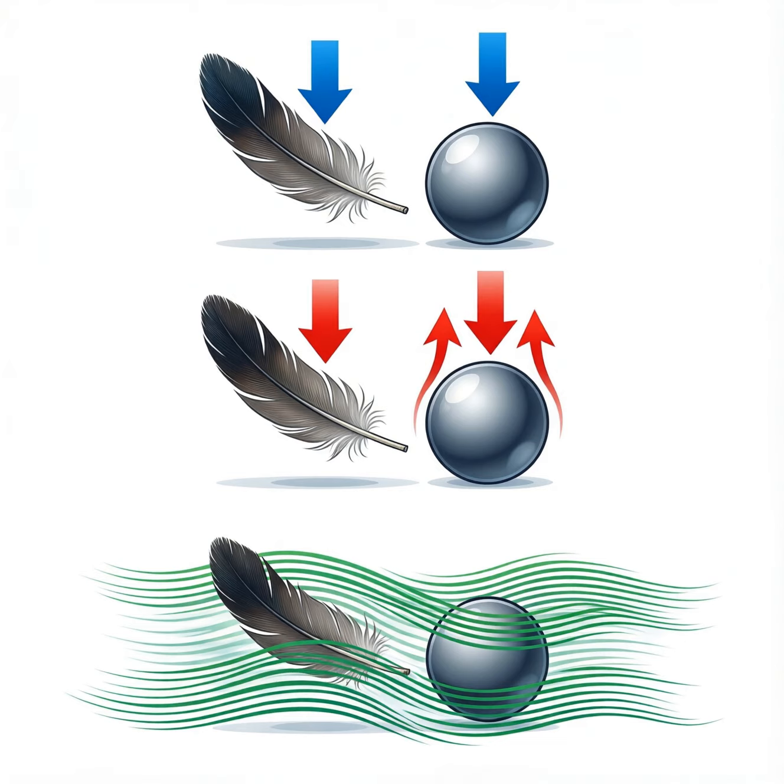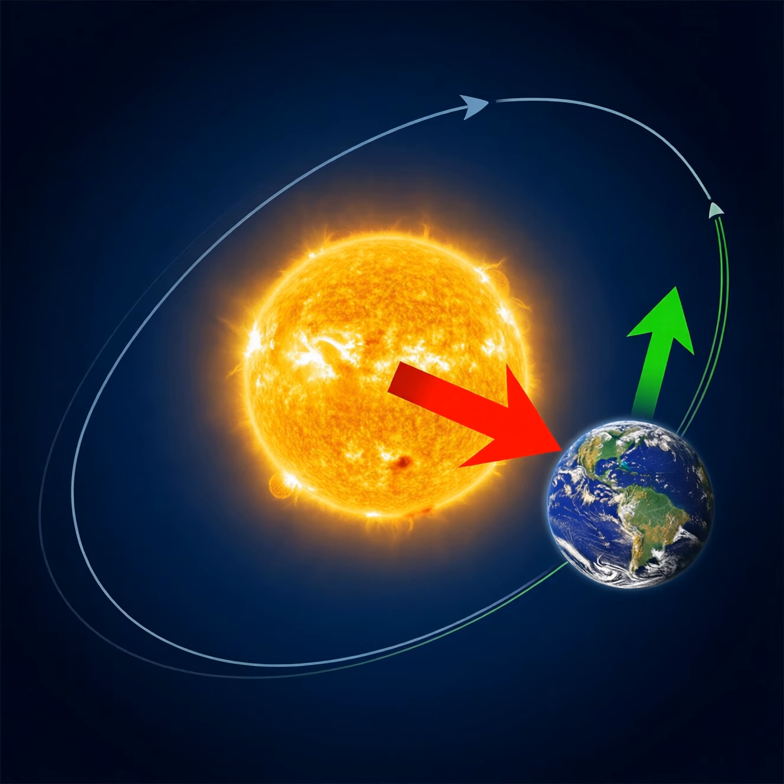This principle explains why skydivers deploy parachutes to increase surface area and drag until their descent slows to a safe rate. When the sun exerts a pull on Earth, it creates a centripetal force that keeps the